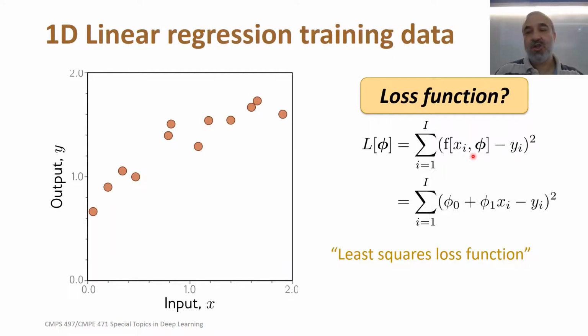y_i. So we subtract the predicted value minus the actual value, and because we don't care about the direction or the sign, whether one is higher than the other, we care about the difference between them, so we square it to get rid of the sign. This is for just one example, right? We have to sum over all